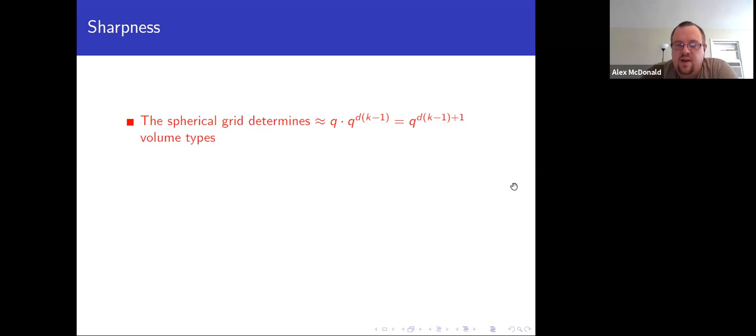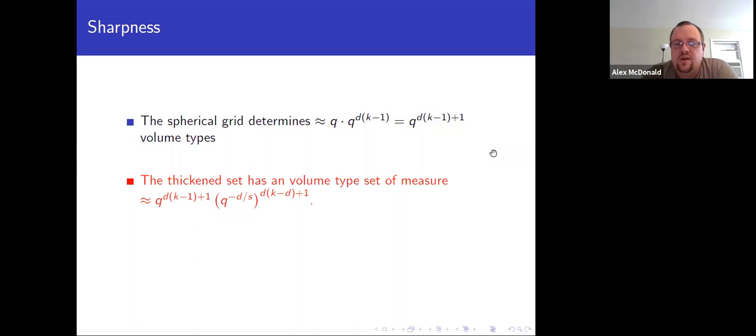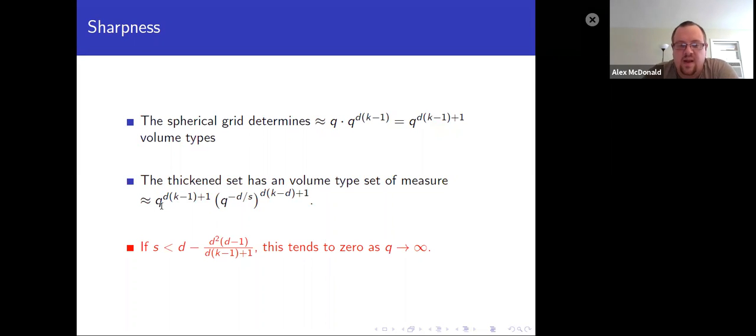So that means if you look at just the grid before we inflate the points, you have Q choices for that first point, and then there's K minus 1 points left, and you have D choices for each of them. So you have at most this many volume types. And when you thicken it, around each of those volume types, this is how many lattice volume types we had, and around each one,